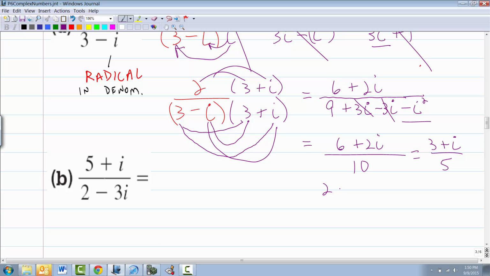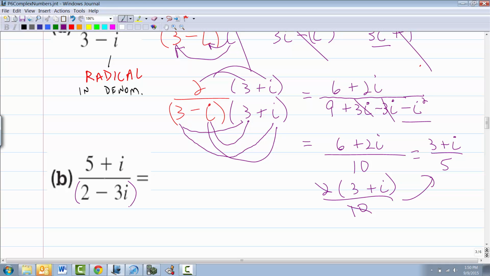The real legal way to do this is to take out a 2 out of the top and then cancel with the 10. But many of us know that, and we can jump right to that. Okay? Now, I don't want to bore you. Too late, right? Sorry, I missed that fumble.